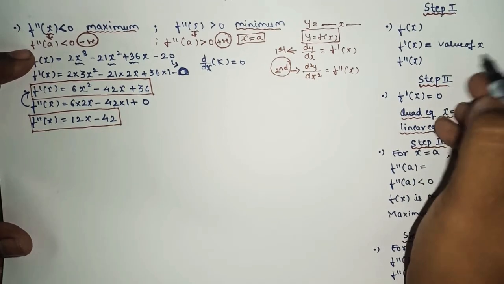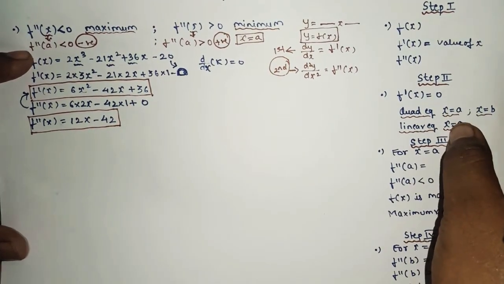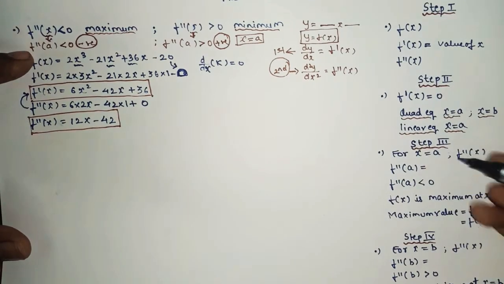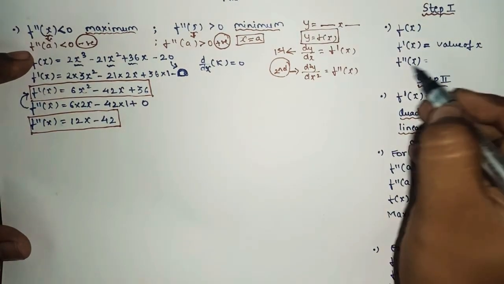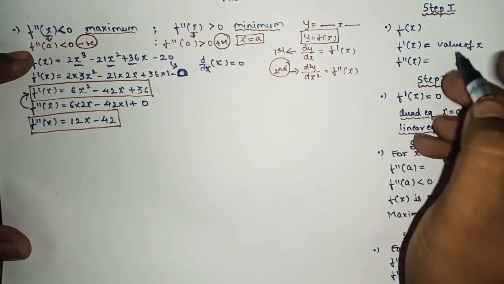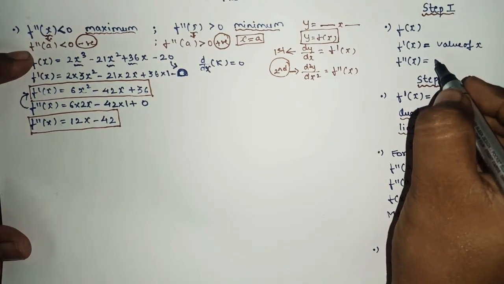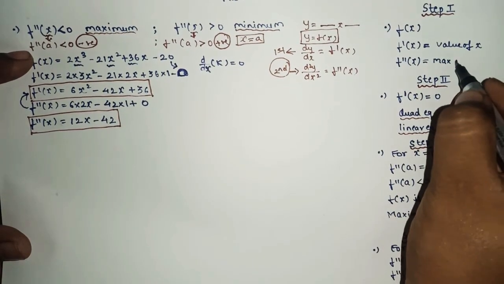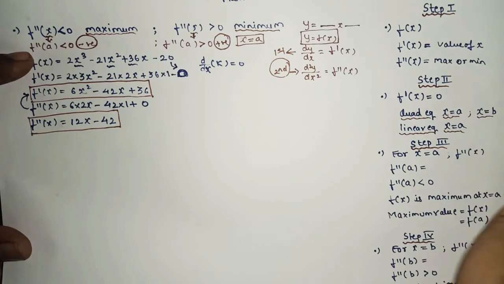Okay, so these are the tricks. F dash x, you will get what? The value of x. In f double dash x, you will get whether the function is maxima or minima,